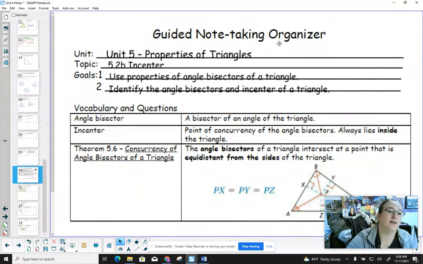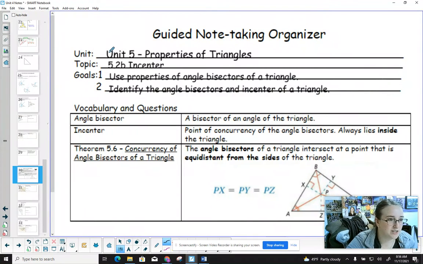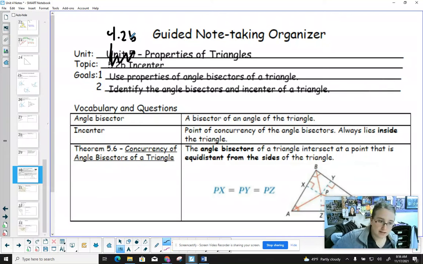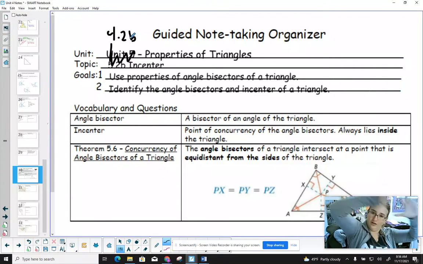Okay, here on, this is actually 4.2b. I forgot to change the title of this. This used to be Unit 5. This is 4.2b. Okay, so we have learned about circumcenter, which is the center of a circumscribed circle around a